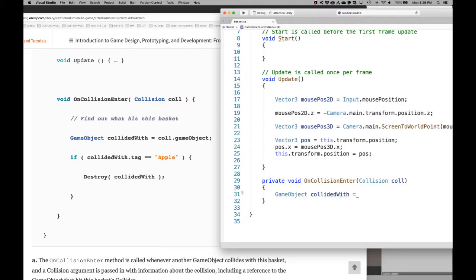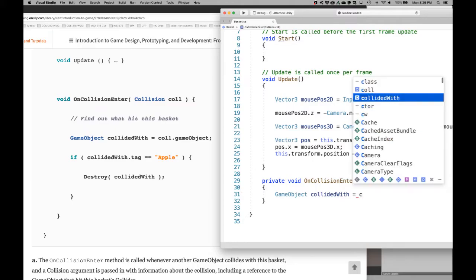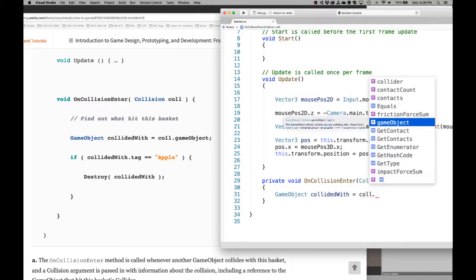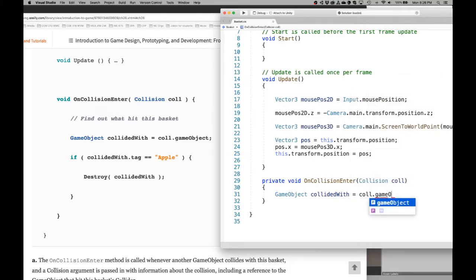We're still getting used to the fact that C# requires us to declare what the variable is before we name the variable. And so, a GameObject collidedWith, and we're going to say coll because that's what we named the thing right above,